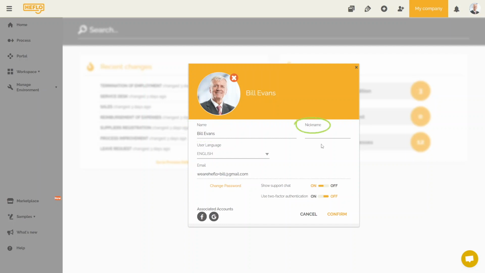The information, nickname, corresponds to the username you want to have on the marketplace. If you are a marketplace author, then this will be the username visible to users viewing your marketplace. If you are a user who accesses a marketplace, then this will be the username visible to the various authors of the marketplace with whom you wish to contact.